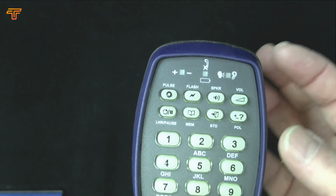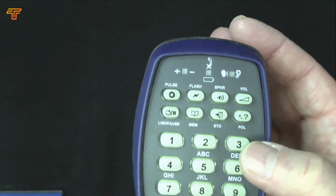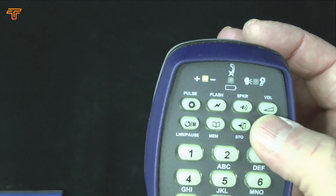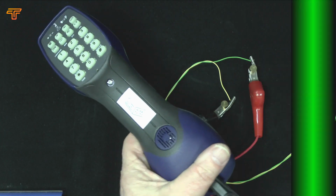So we're in monitor mode, you can hear the buzz from the on-hook line. It's just a symptom of this line simulator. And again, I can check the polarity. When you're in monitor mode,